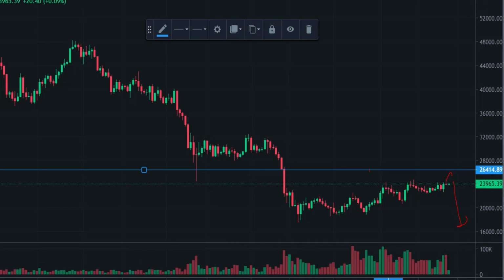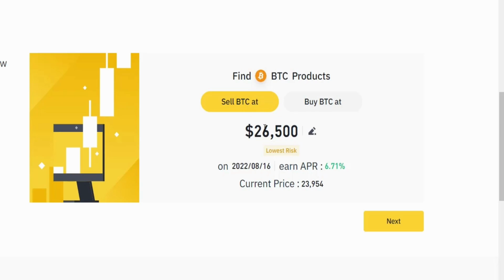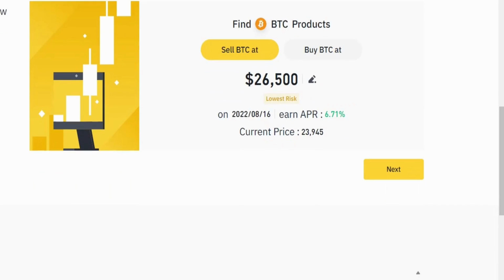Do you understand? So when you come here, you can see that they said the target price. So you actually have a target price and then the APR. After the days have ended, the target date, this is it. And then if BTC did not reach there, you will still hold your BTC and have this percentage, annualized percentage. It's not 6%, it's annualized. So you get around 0.5 or 0 point something percentage added to your BTC. I don't know whether you understand. If you don't understand, ask me a question in the comment section, or you can come to the FAQ and check